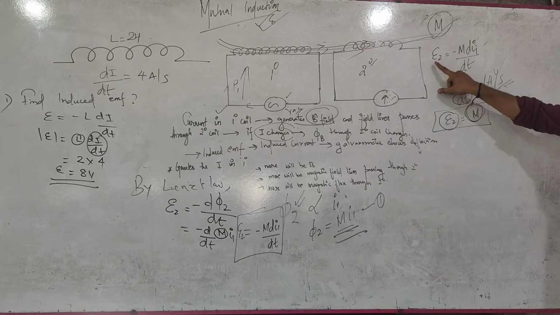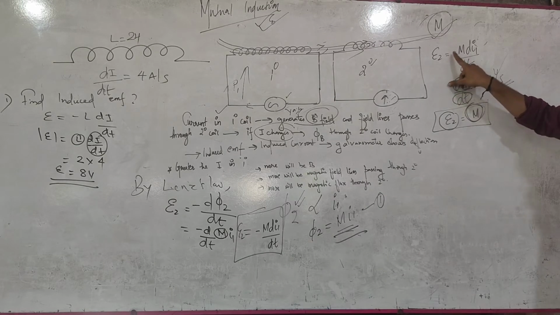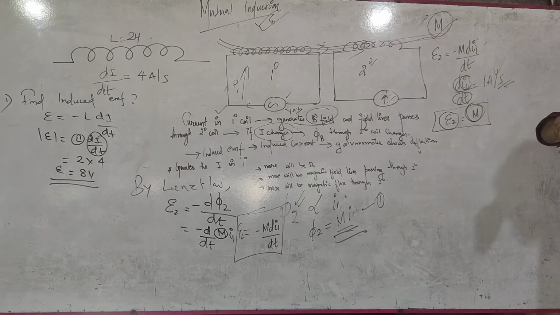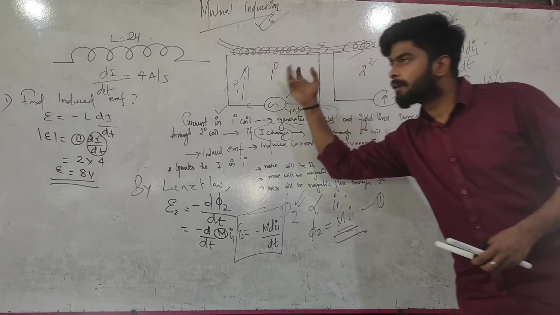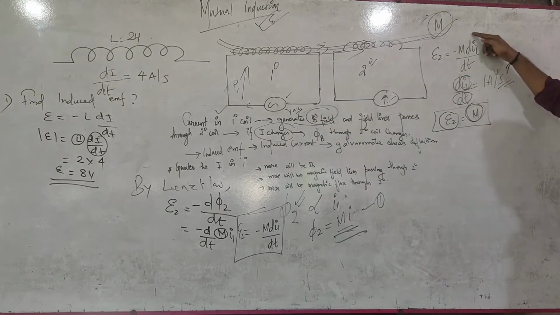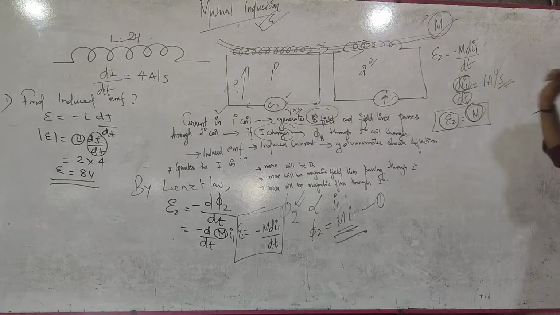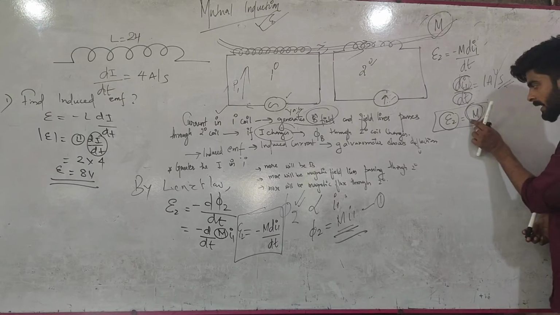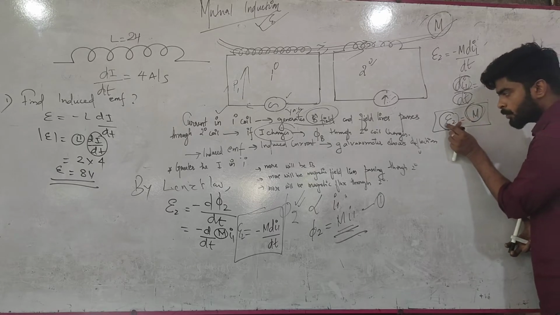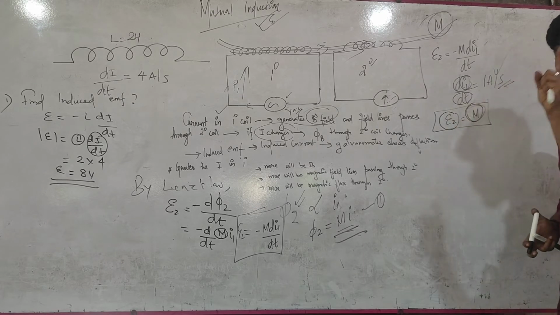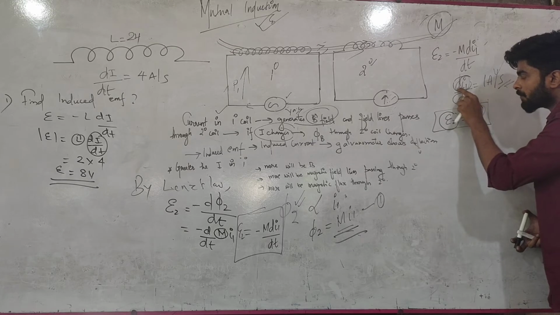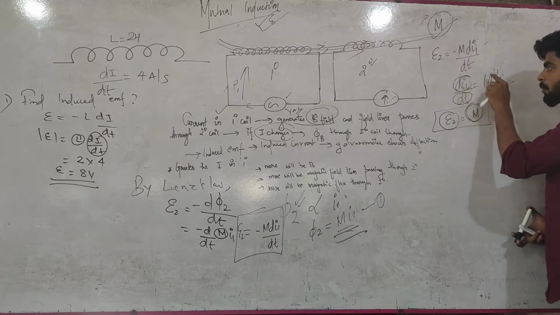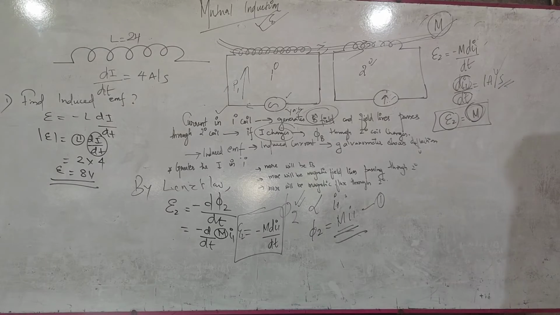Since E2 is the EMF in the secondary coil, which is equal to minus M di1 by dt, and I1 is the current in the primary coil, you have to make di1 by dt unity. So di1 by dt is equal to 1 ampere per second. So M becomes equal to E2 numerically. So you can say mutual inductance is defined as the induced EMF in the secondary coil when the rate of change of current in the primary coil is 1 ampere per second. This is the definition of mutual inductance.